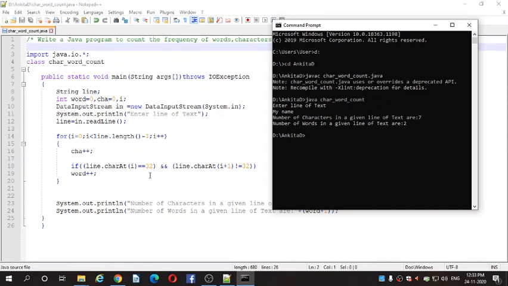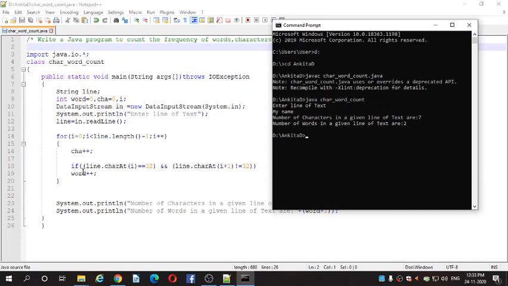No. Condition is false. Then again it will come out of the loop. Again it will increment the i value, that is 2. 2 is less than 6, as it is true. Then it will increment the value of character, that is 3.